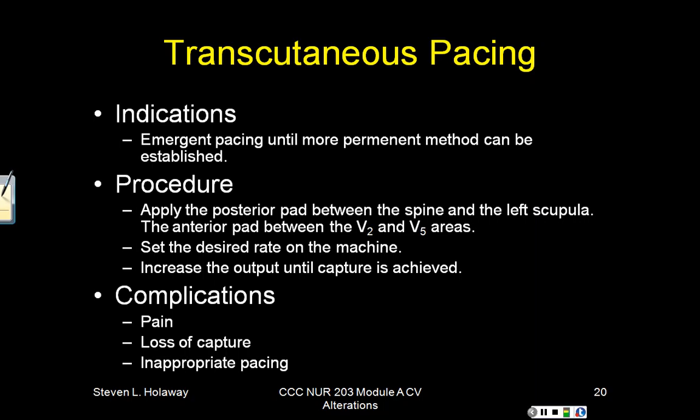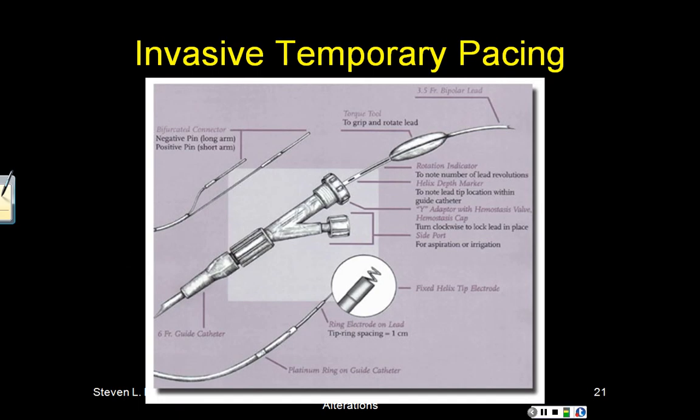The other thing that's not listed here is you can actually get skin burns, okay, from these patients if you have to turn the amperage up high enough. The larger the patient, the more amperage typically it's going to take to achieve capture. So the greater risk there is for burns to the skin, and the greater risk there is for pain for these patients. So transcutaneous pacing is more an emergent type thing used in the emergency room and on ambulances until a more definitive type of care can be established. Many times these patients will come into our critical care units on a transcutaneous pacer until we can get transvenous pacing established. So let's talk a little bit about invasive